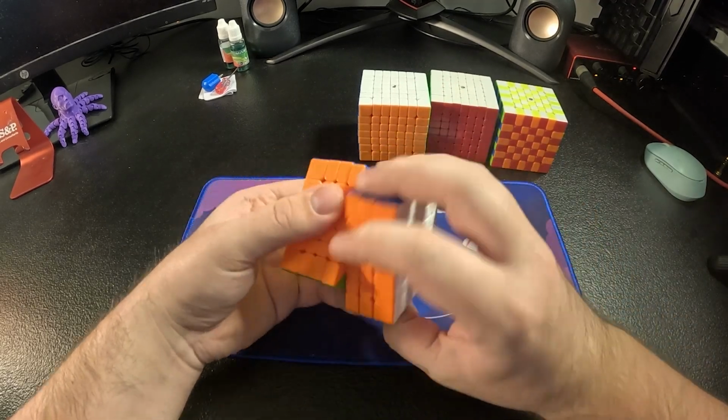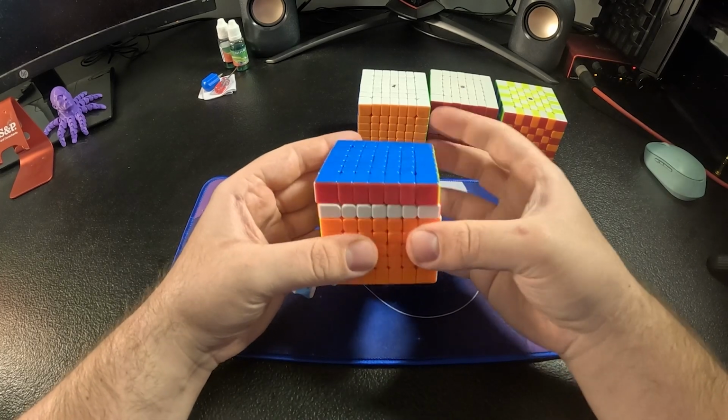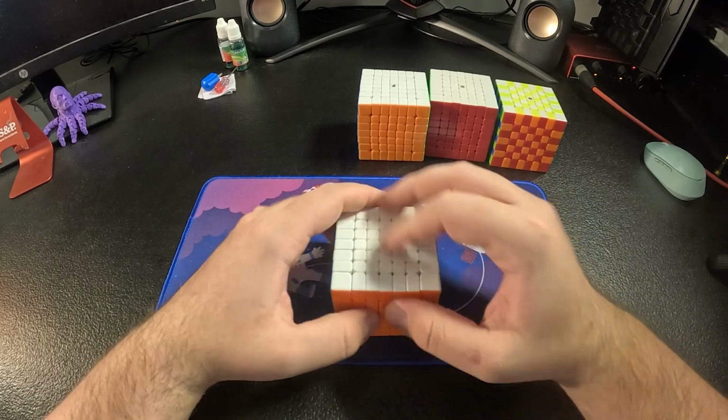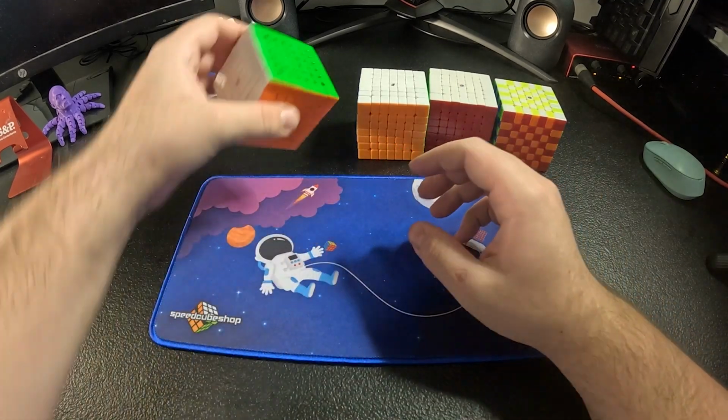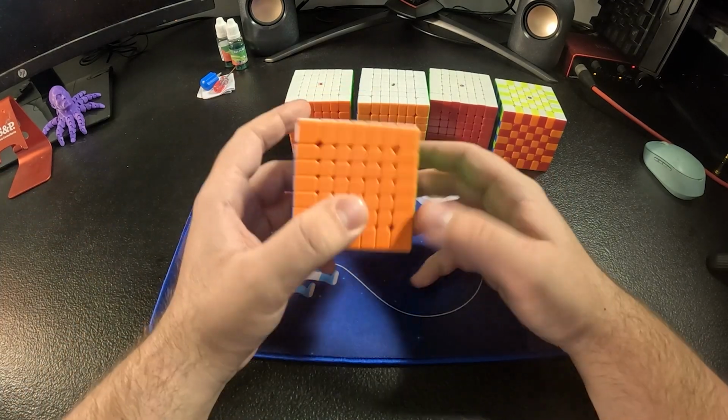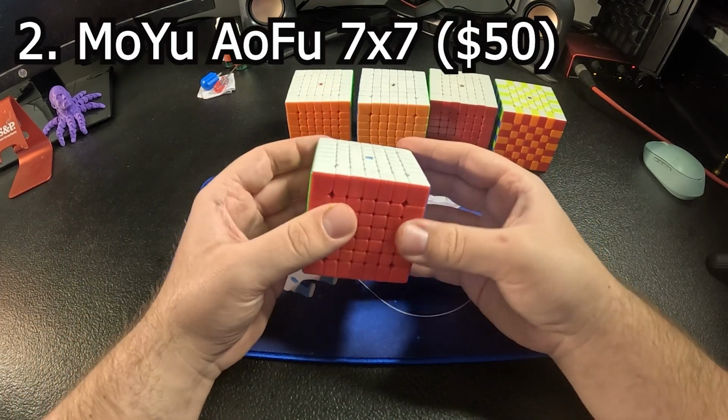I mean, it was hyped up a lot, and I still think it's a great puzzle. And I think that you could definitely get good times on it. I just think that there's better options out there. And we're going to talk about those next. So we're going to set this here, and we're going to go to our second place 7x7. And that is the Moyu Alfu